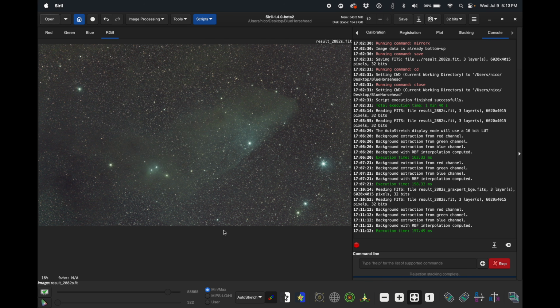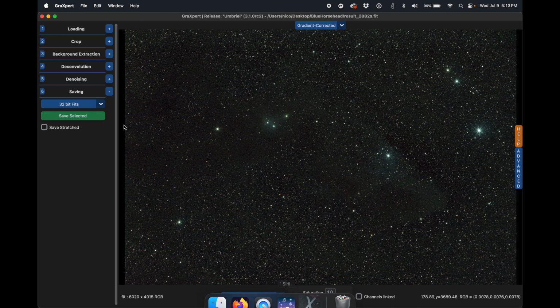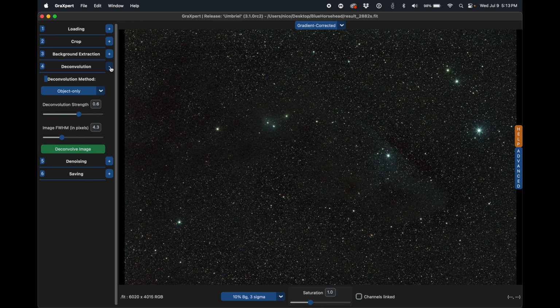But I do want to show you an option for something called deconvolution. And there was an option for that in GraXpert, you may have noticed. And in my Pinwheel Galaxy tutorial, I used this deconvolution with the object only setting. And many of you asked, well, why didn't I also deconvolve the stars? And my answer in the comments to that video was because I don't like the look of how GraXpert does